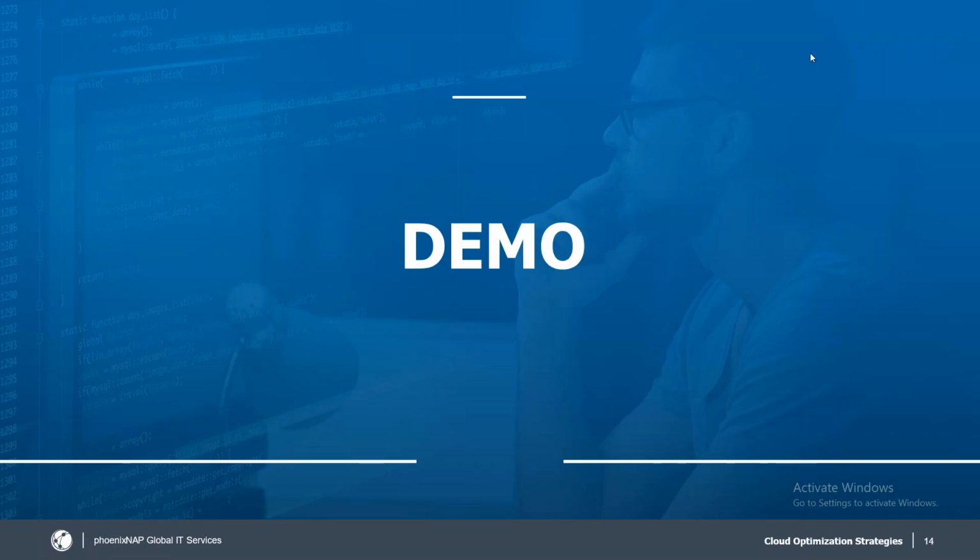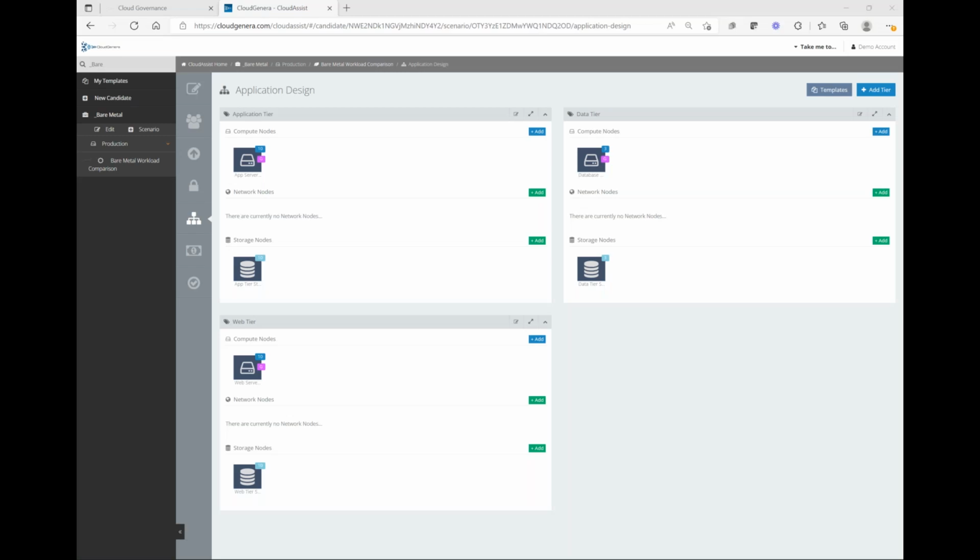Now what we're going to do is transition into a quick demonstration of the CloudGenera platform and show you how you could leverage this platform to advise and guide your customers either in upfront planning or ongoing optimization of their cloud spend. And in our brief demonstration, what we're going to take a look at today is a comparison of